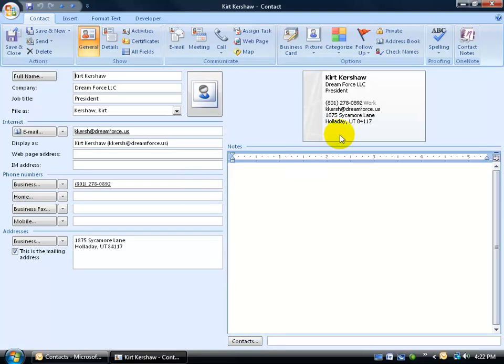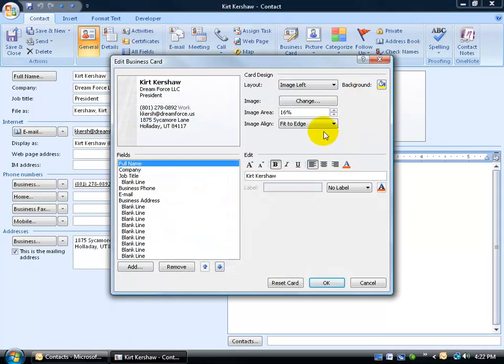and I can do that one of three ways. I can either come up here on the Contact tab and go to the Options group and click on Business Card, or, when in doubt, I can right-click on it and go to Edit Business Card, or, my favorite, double-click. Once you open up the business card, down below you've got a list of all the fields that